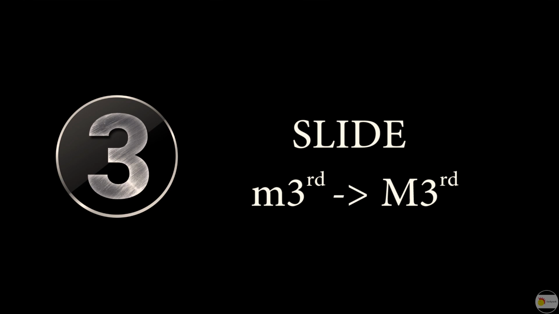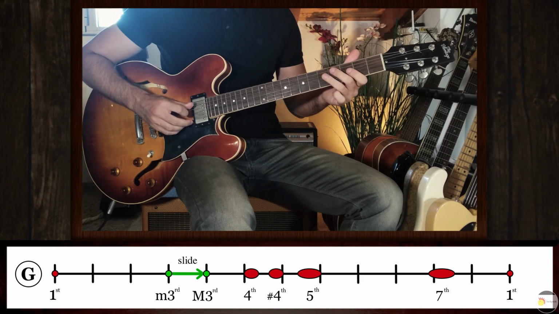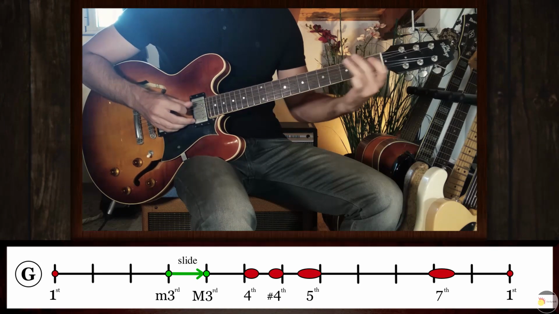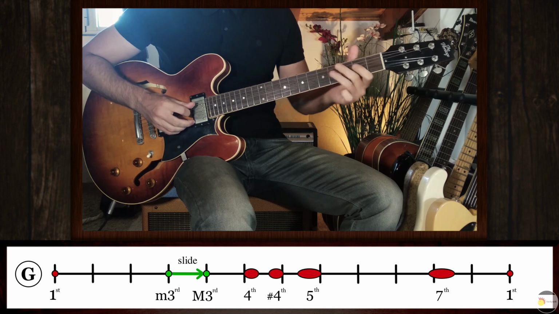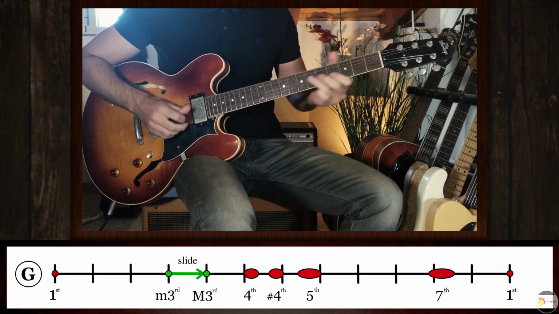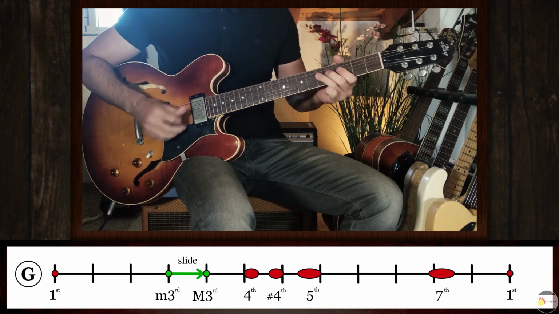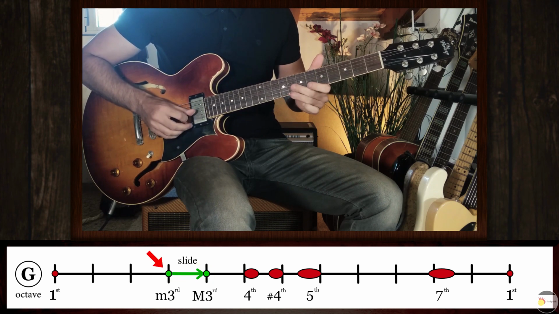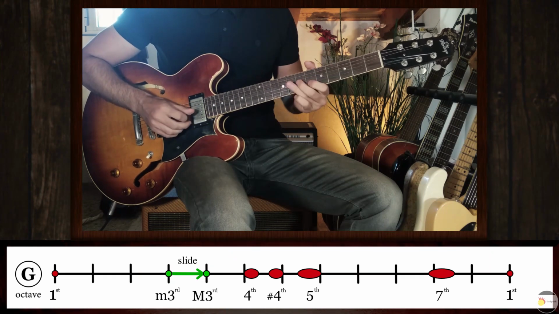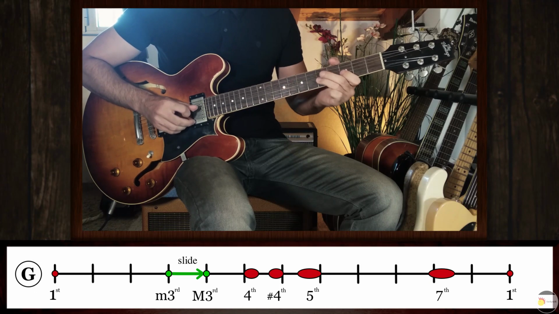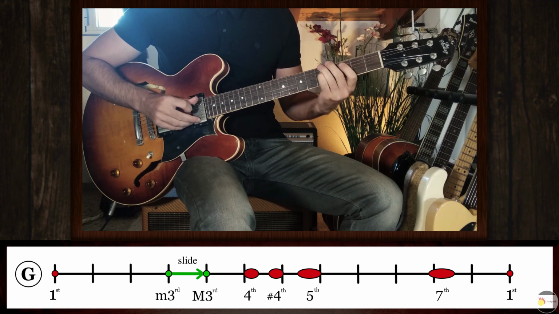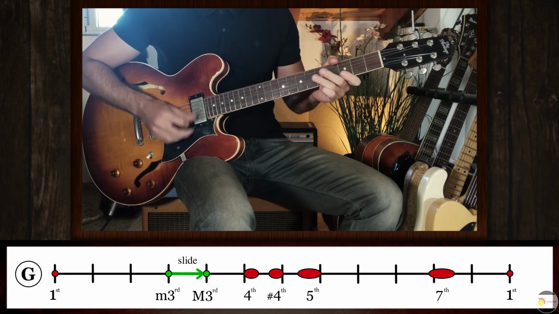Slide from the minor third to the major third. This one uses the classic glissando technique where you slide from one fret to another, in this case from the classical minor third to the major third. It sounds as close to a bend as you can get using fixed notes. It has a very distinct major flavor since it ends with a standard major third note, and that's why it is played exclusively over major blues progressions.